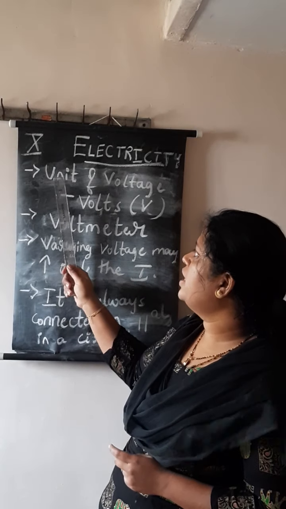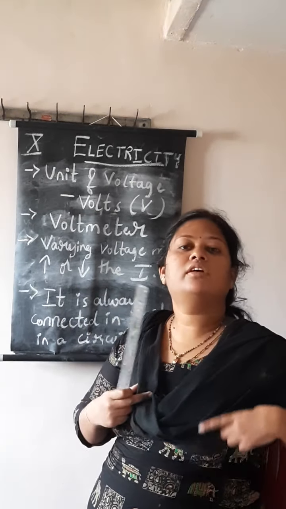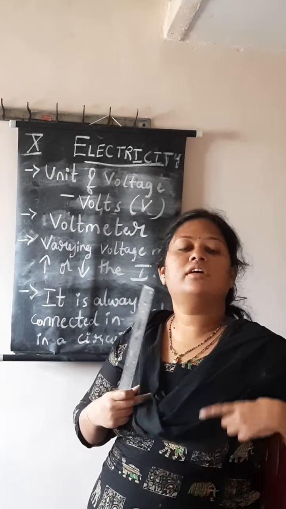For now, keep in mind that the potential difference or voltage is responsible for the flow of current. It is created by the chemical reaction taking place, and the potential difference is created by the terminals of the battery, which makes the current flow through the circuit. Hope you are clear with this concept.